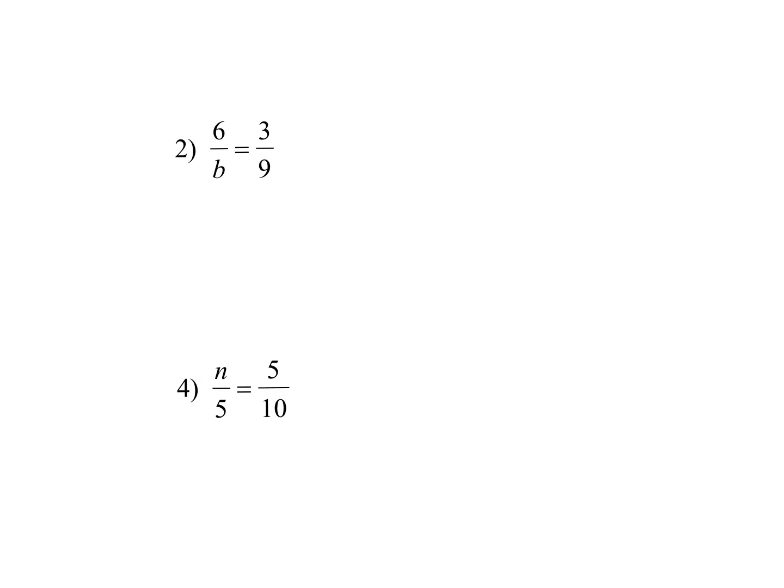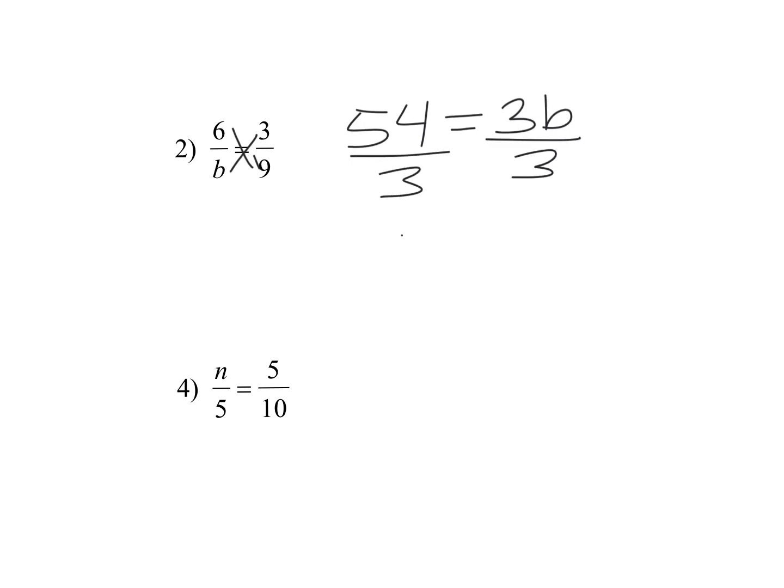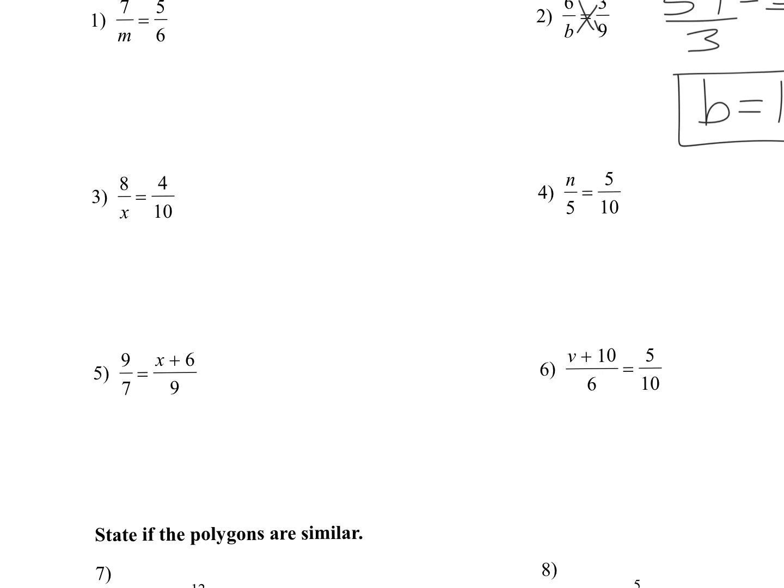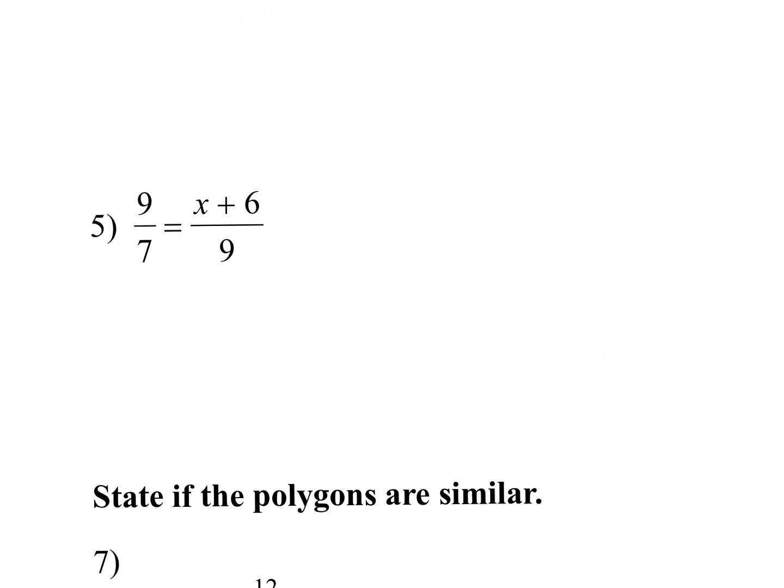Looking at number 2. What method do we use? Cross multiply 6 times 9. 6 times 9, you get 54, and then b times 3, 3b, and then we divide by 3, so we get b equals 18. Okay, make sure. All right, looking at 5,